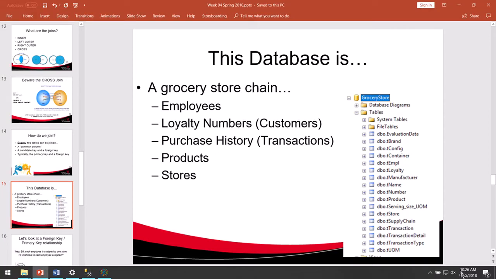Continuing from the previous video, we stopped on slide 14. This is slide 15. We are introducing the grocery store database that we will use in some of the exercises